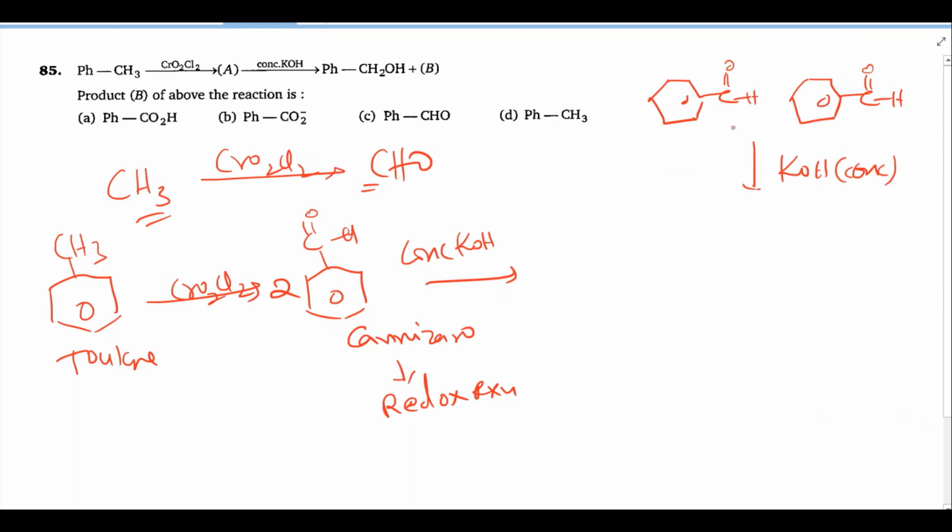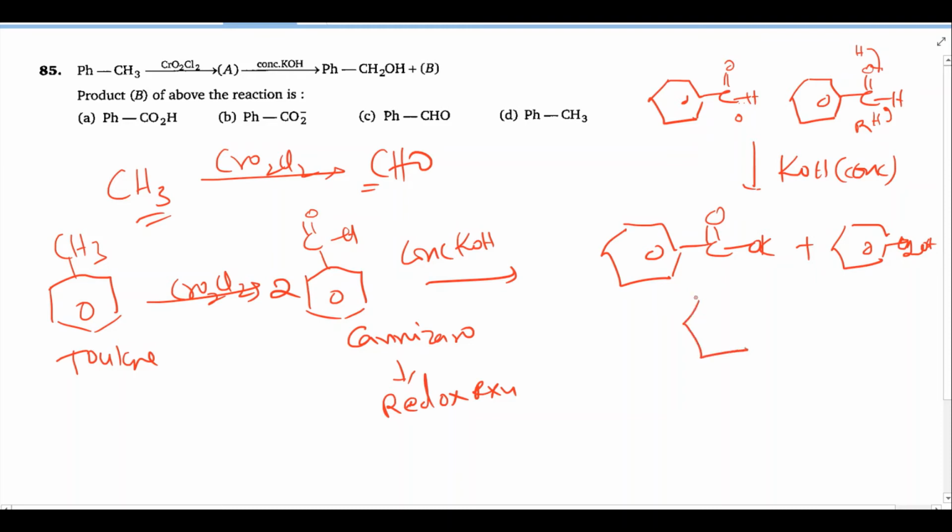So one aldehyde is undergoing oxidation, another aldehyde will undergo reduction. For the aldehyde, the shortcut I will tell, just add oxygen. Then you are going to get COO, okay, and reduction means down one hydrogen you can add, above one hydrogen you can add. Then you are going to get benzyl alcohol. This is our product. So in option B, one product they have given, the benzyl alcohol, but the salt is not given. So B is the correct answer. Okay, so this is 85.